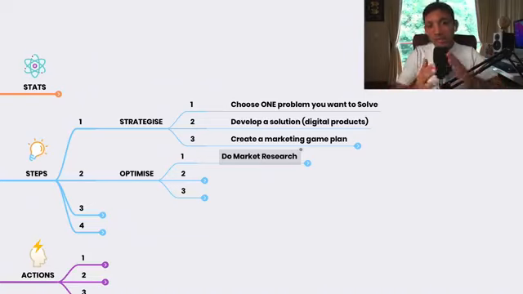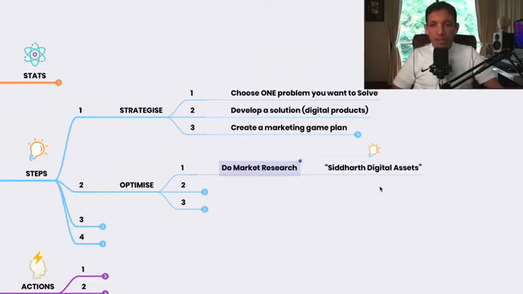Okay. Now research can be done through one-to-ones. You can do research on Quora where people are asking questions. You can do research on YouTube. You can do research on podcasts and other blogs, and that will help you get better insights to craft a really good product. In fact, if you go on YouTube and search for Siddharth Rajshekar digital assets, you'll come